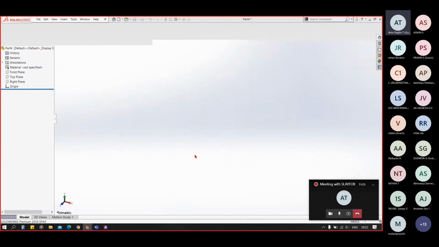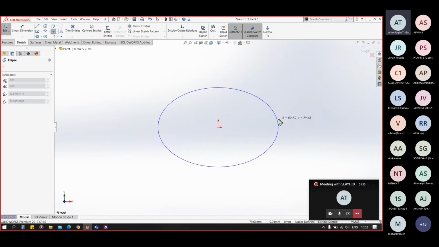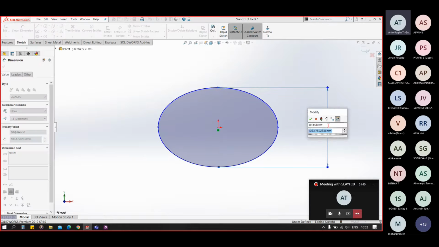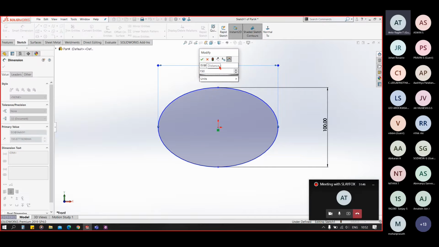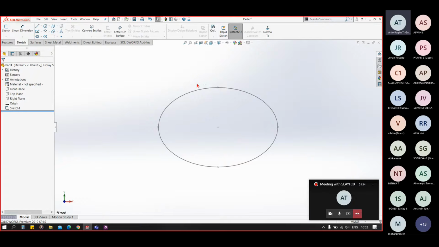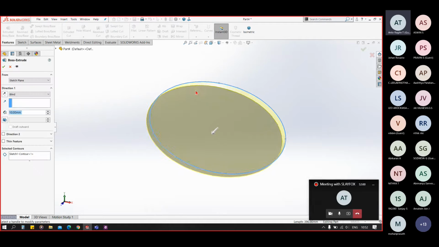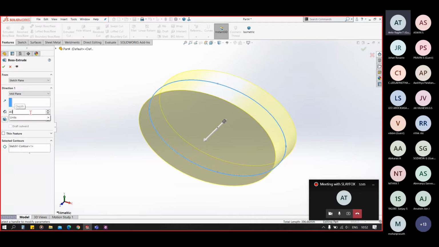Okay, so the next type we are going to see is cam mate in the mechanical mates. For that I am making cam geometry, an elliptical cam. Okay, so in that I have created this temporary cam.